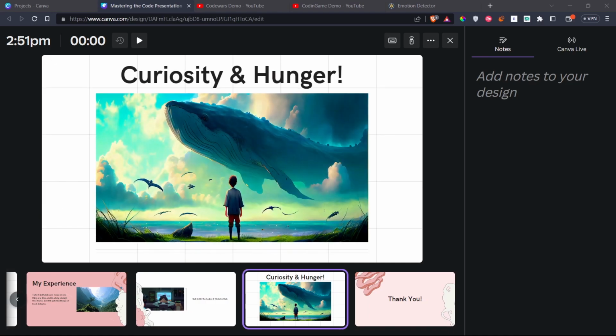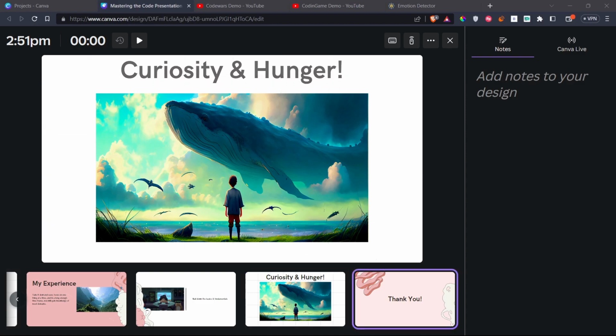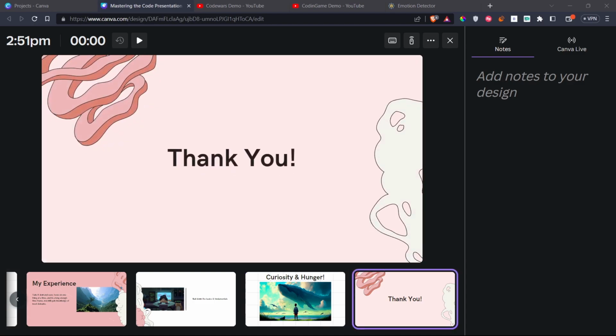And the 2 best friends that you'll have in a journey of lifelong coding and learning are going to be curiosity and hunger. These have been the driving forces for mankind for ages past. So with that we come to the end of the presentation. I'm happy to take any questions that you might have.